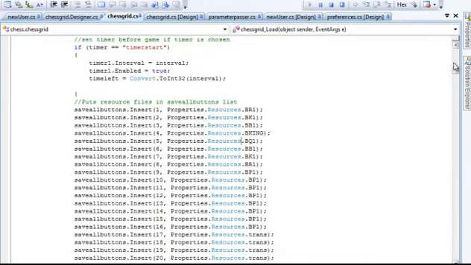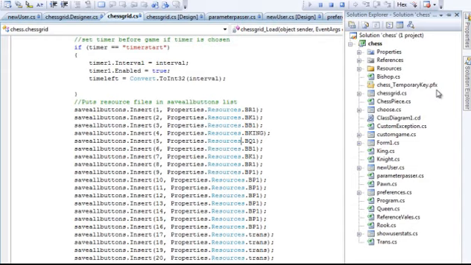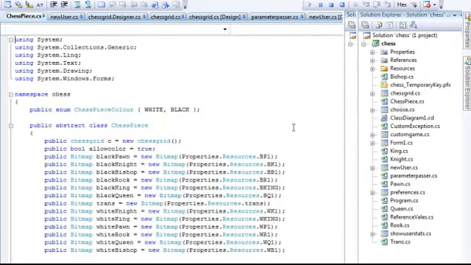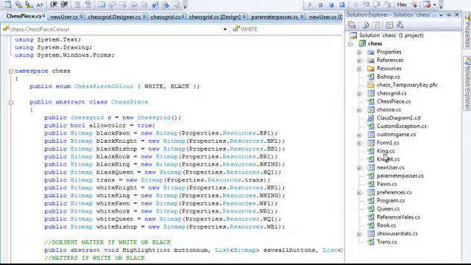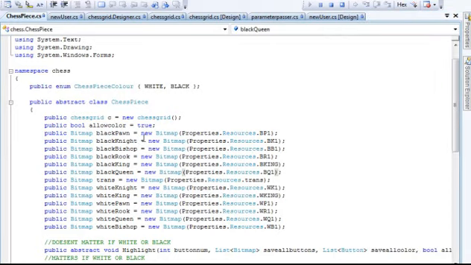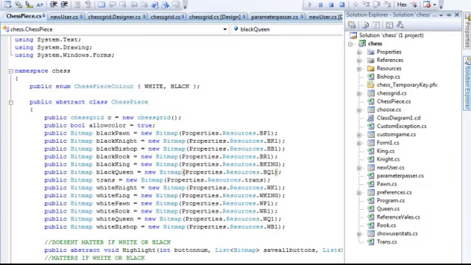Now I made use of, let's see where it is, chess piece, which is an abstract class, and all these classes, queen, knight, pawn, bishop, rook, inherit this class. Now let's see what a queen, a pawn